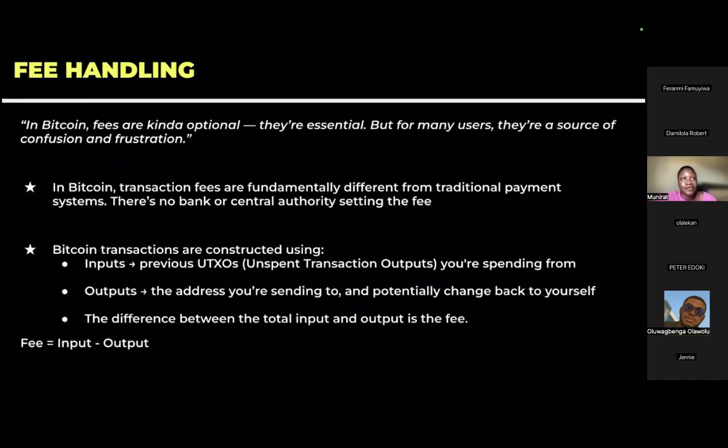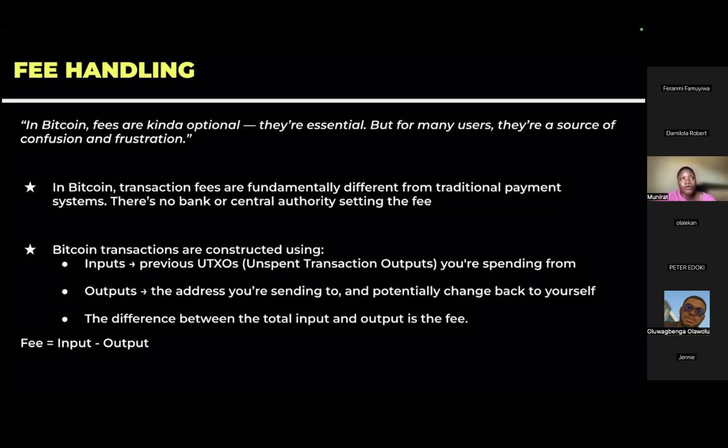Then fees and delay. When it comes to Bitcoin products, fees have to be discussed almost every time because it is tricky. It's not like the normal transaction fee that we know. If I want to send money from my money point, I already know that the transaction fee is 10 naira. I'm not stressing myself. I already know any amount I'm sending plus 10 naira is what is going out from my own balance.